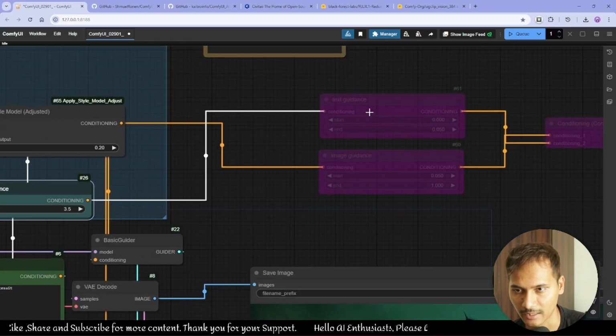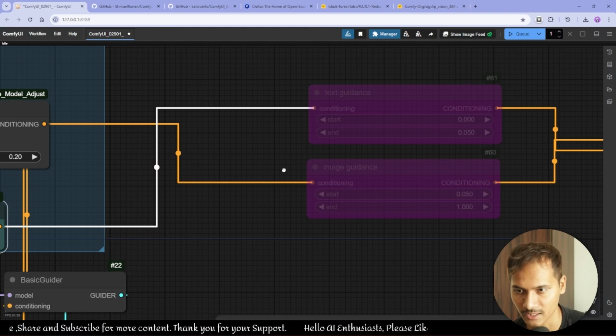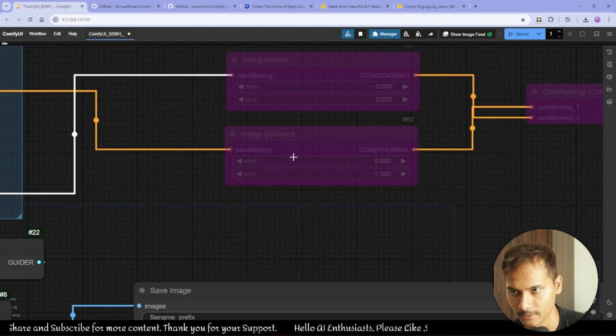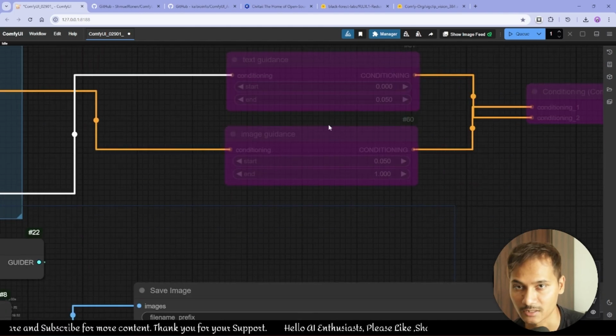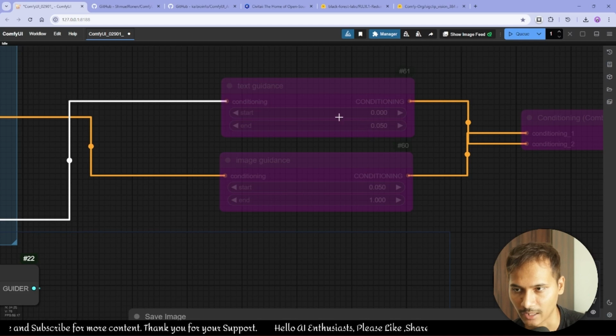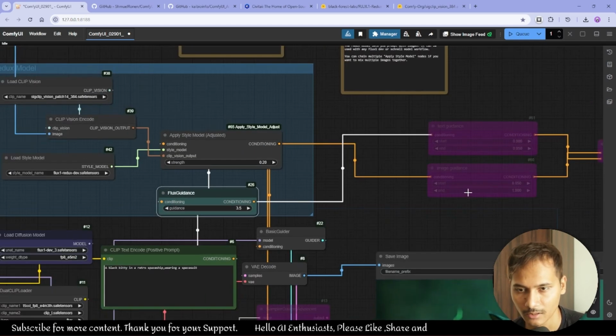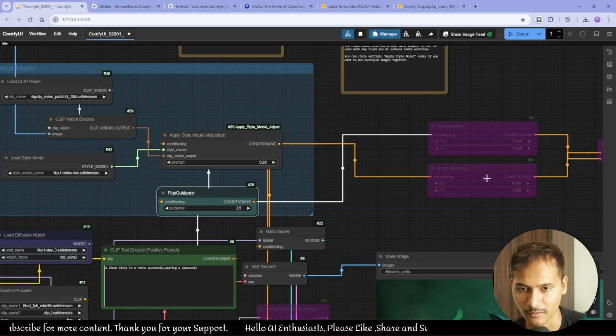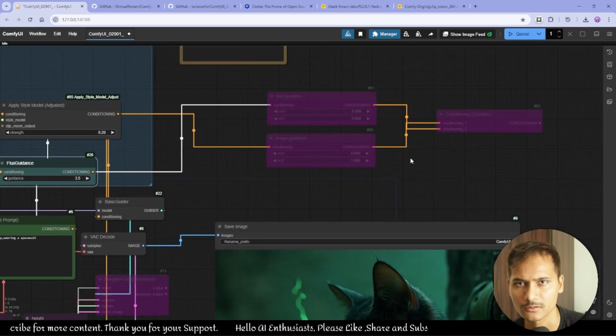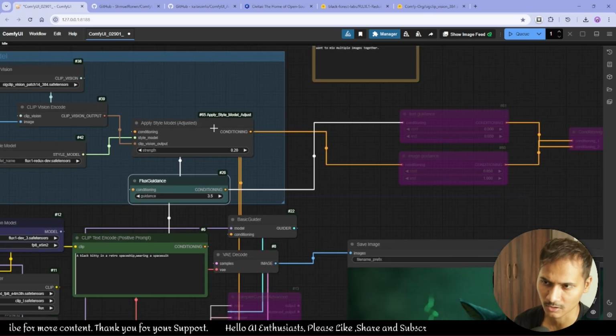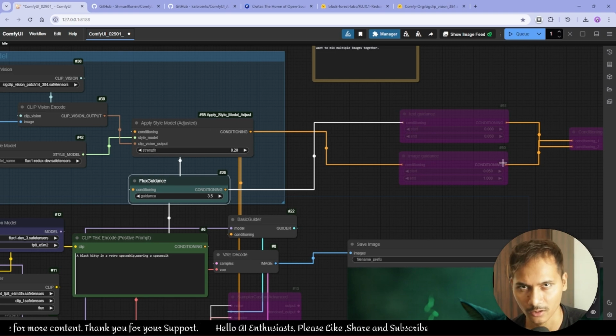So I came up with this text guidance and image guidance, basically timestamps. So how much time should I give to the prompt, and then the image style transfer will come after. It was doing fine, but this is also good. It's already doing my job without doing all of this